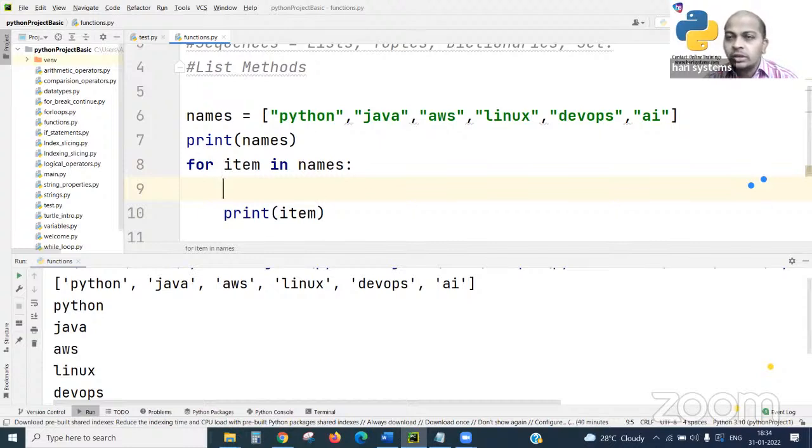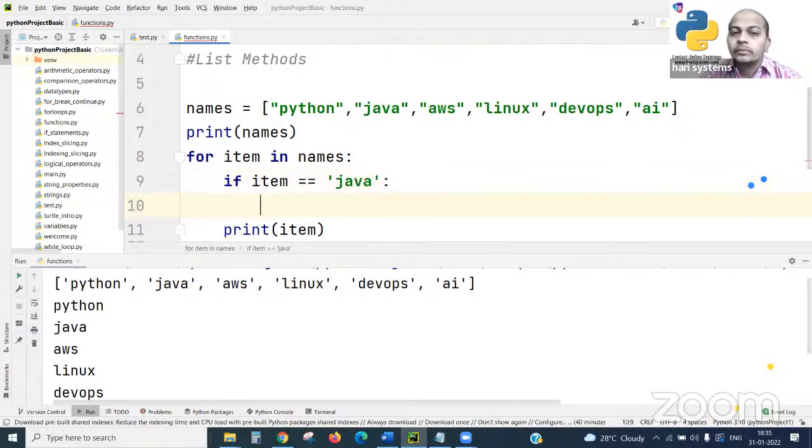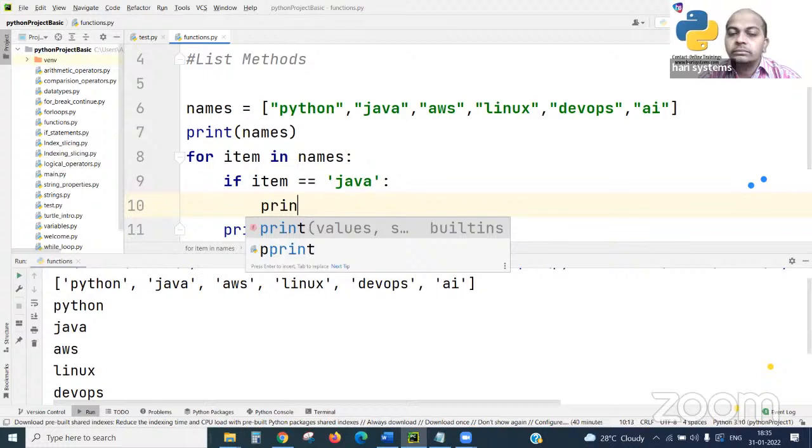If Java is there, you get a 10% discount, or you attend a workshop, such a message we want to push or send as an SMS, or do some functionality. Let's see how we will catch the Java. Very simply, we'll make a decision-making system: if item is equal to Java. That's it, my logic is done.